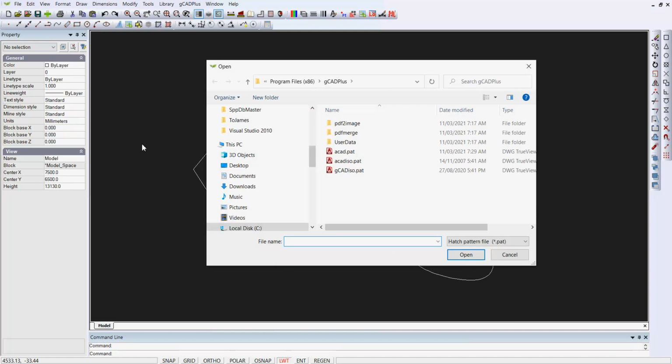You could type it, and then this box will pop up, and there are 3 different files showing, one called acad, one called acad.iso, and one called gCADiso. These are hatch pattern files, and they were first developed by AutoCAD. And before we select one and load it, I just want to show you the file format of these, and we're going to look at acad.pat and